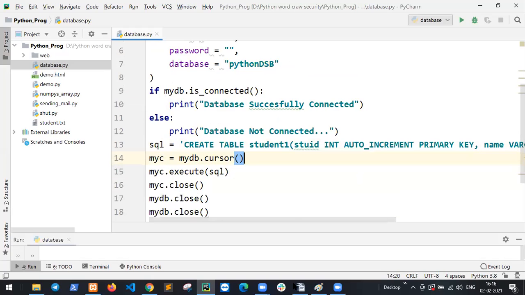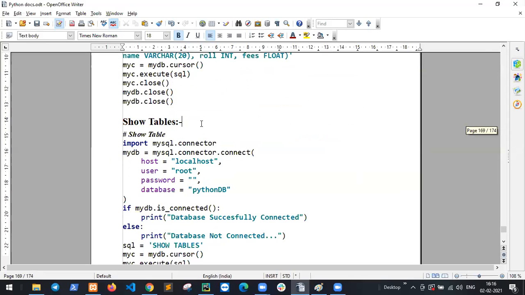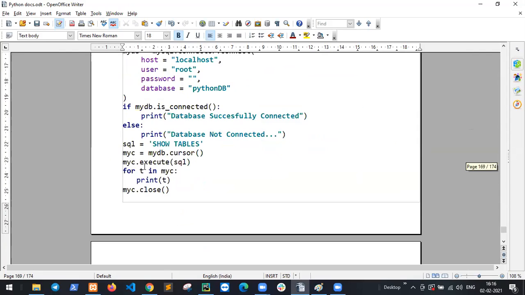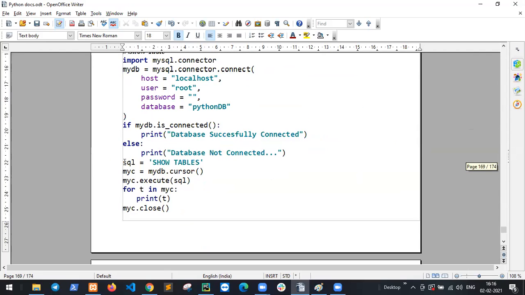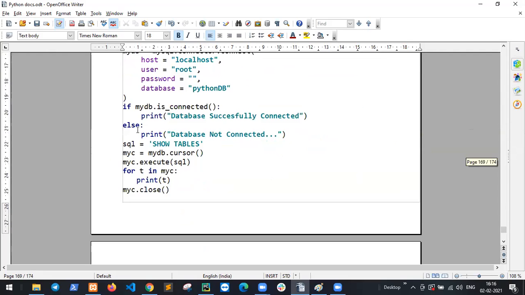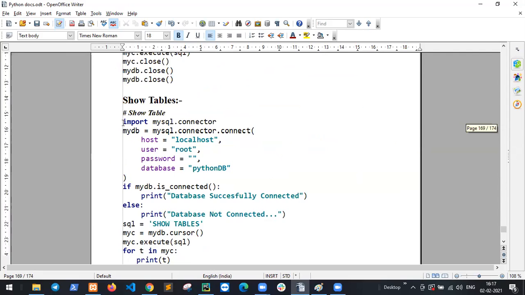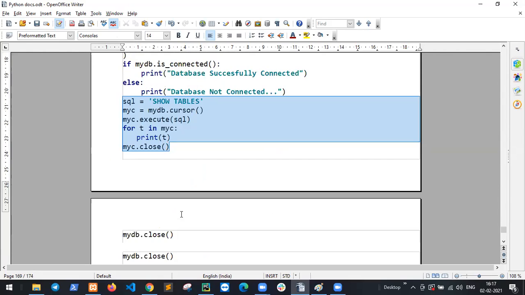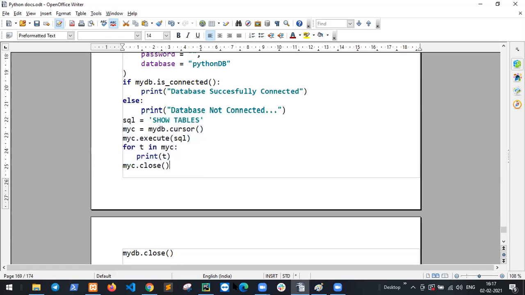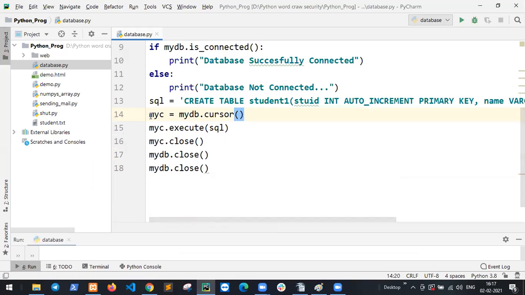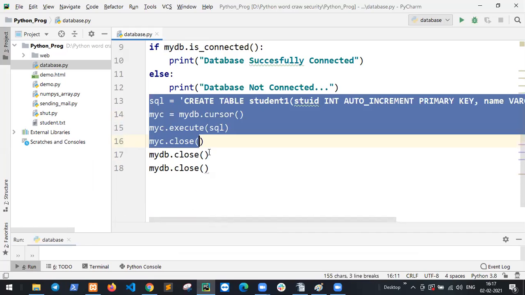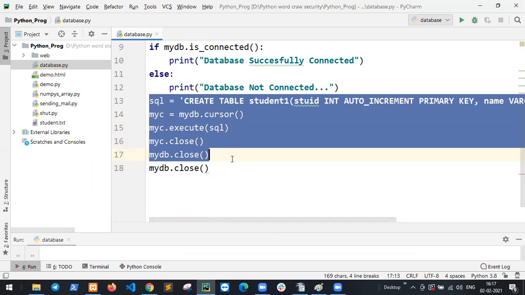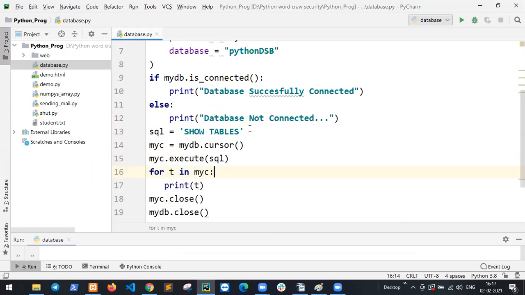And if I say how to show your tables, how to show? Only one query. Show your tables. How to show your tables?